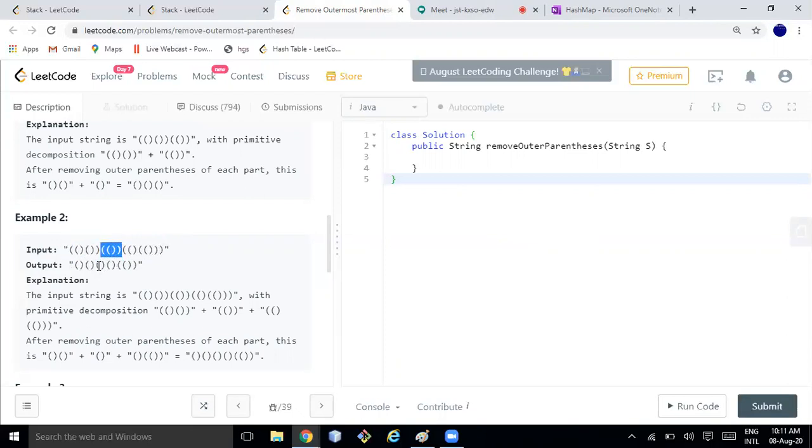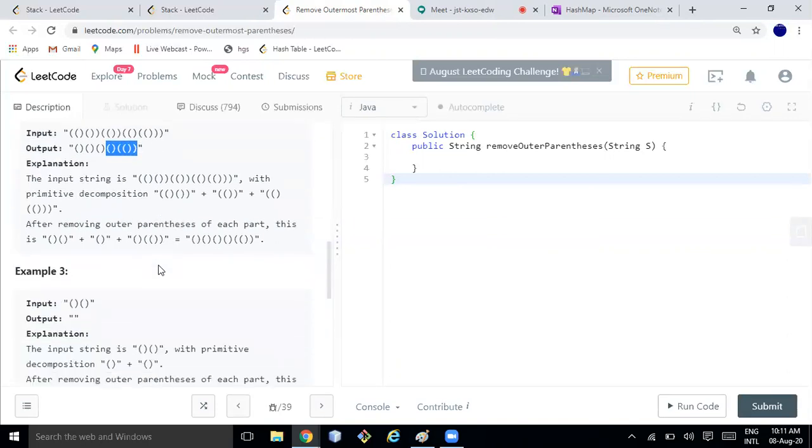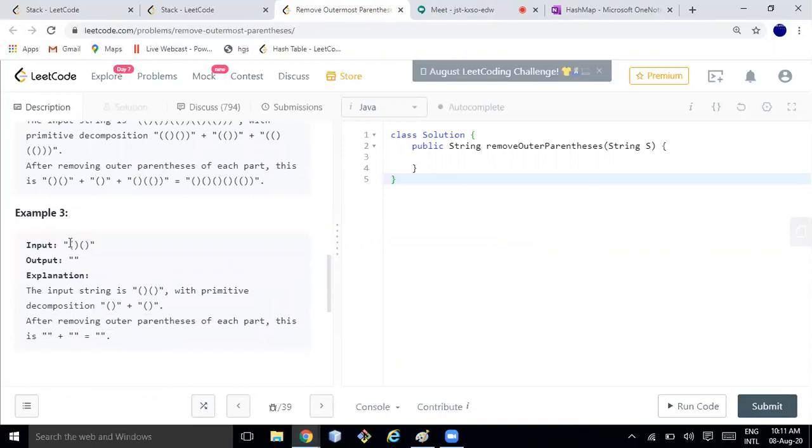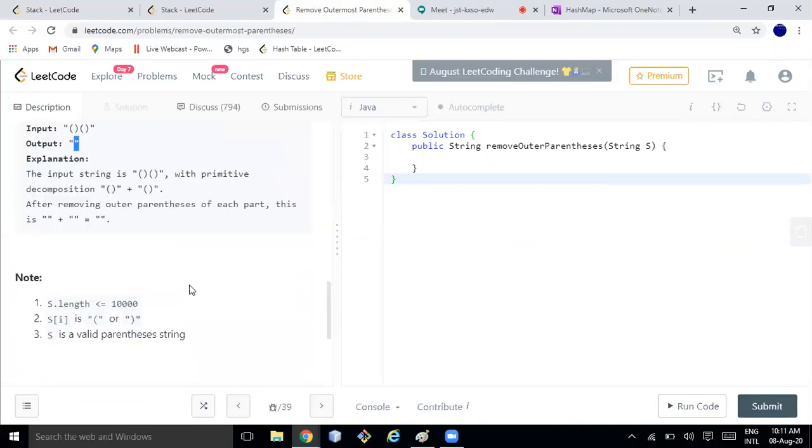If you remove, one will be coming, and from here, if you remove the outer parenthesis, something like this will be coming. So this is the output. Or here you have only two parentheses and both are in only one primitive, then you can return null. So this is the problem, and s.length should be less than 1000, and s[i] is either this or this character, and s is a valid parenthesis string. This is the constraint already given.